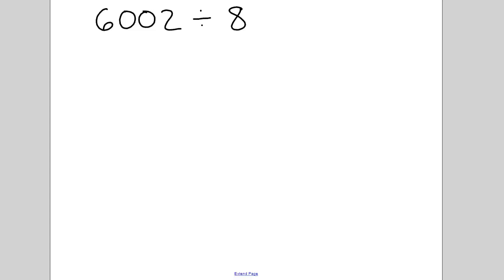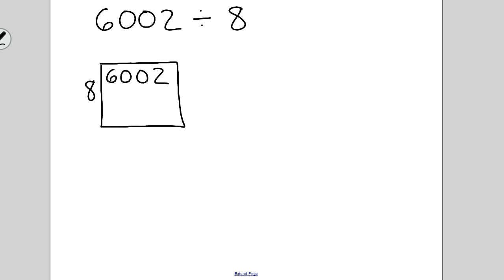I'm going to attempt to solve this problem using the partial quotients method, and I'm going to show two different ways that I saw my students doing this. The first way is a horizontal method. So I know I'm putting 8 into each group, or I'm making 8 groups. So I'm going to make a box, and I know I'm starting with